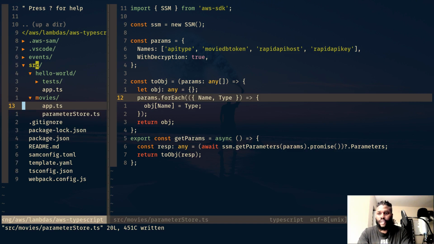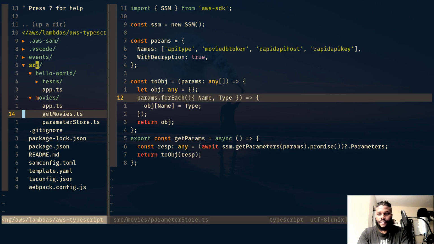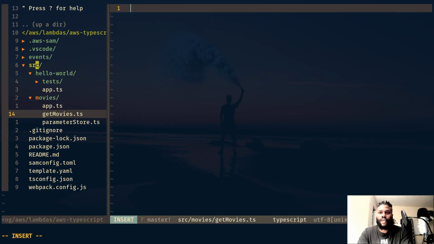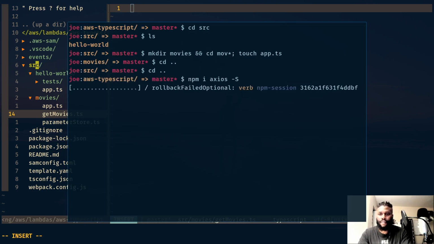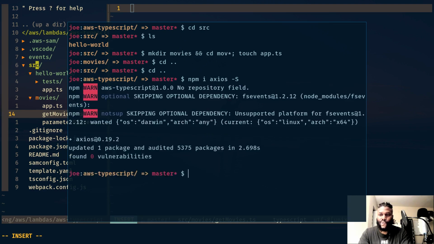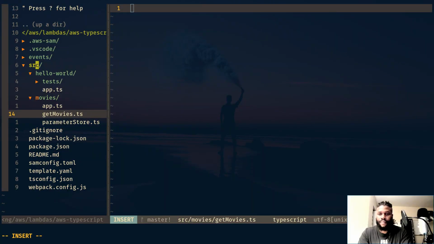So let's just create a new file. And we're just going to call it GetMovies.ts. All right. So in here, we need to install Axios, that package. So let's just go ahead and do that. Let's say npm install axios, save. All right, cool. Oh, what am I doing here? Yeah, so that's save. So now what I can do is say import